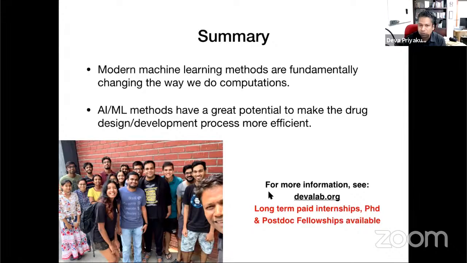There are some methods based on machine learning which will give you a better answer than the traditional scoring functions. But the reality is it's still not good enough. We are just beginning in this area in terms of how we can take all these processes to the next level, with more efficiency and more accuracy. It's not like two years ago these things were not there, and now that AI is here, it should solve all our problems.